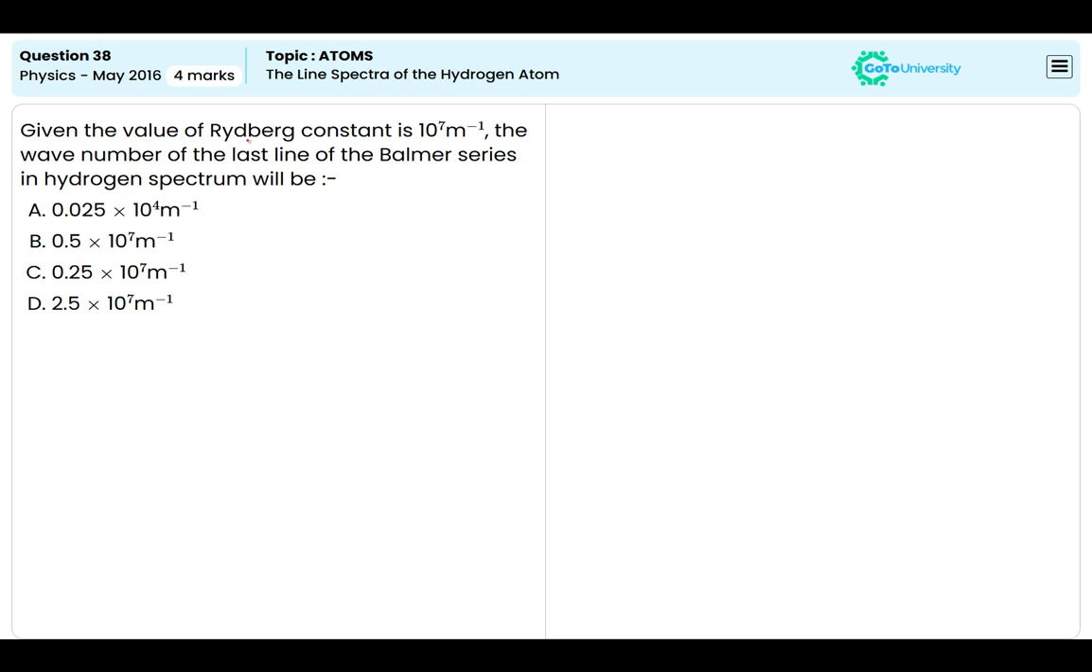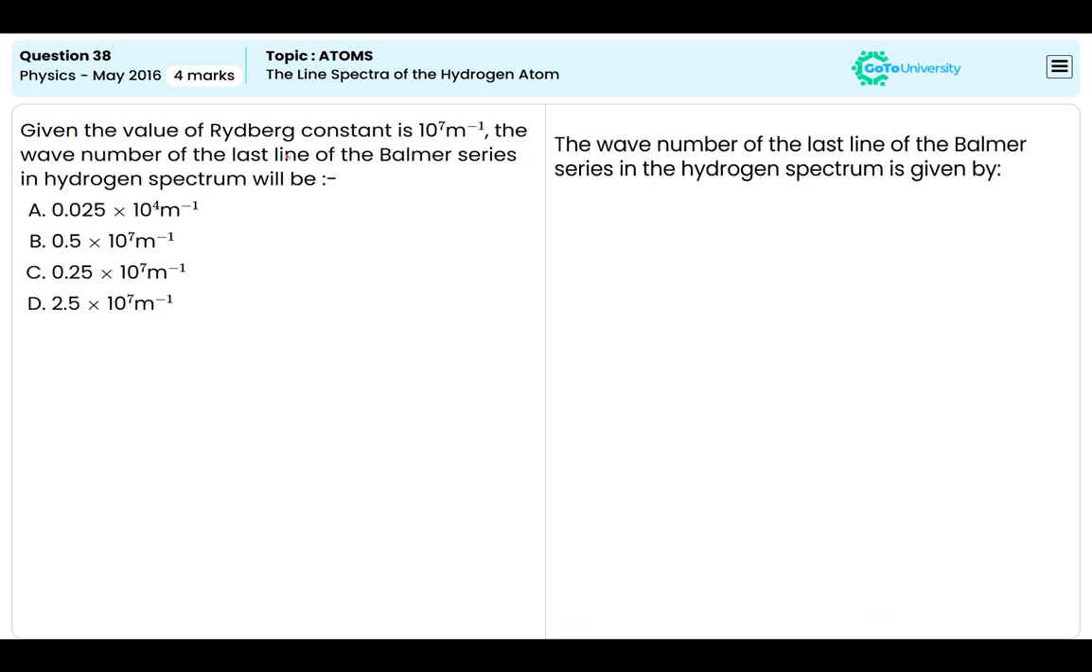Given the value of Rydberg constant is 10 to the power of 7 per meter, the wave number of the last line of the Balmer series in hydrogen spectrum will be. Okay. Now, the wave number of the last line of the Balmer series in a hydrogen spectrum is given by,